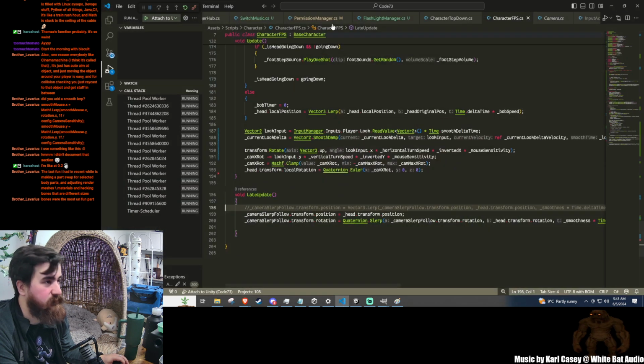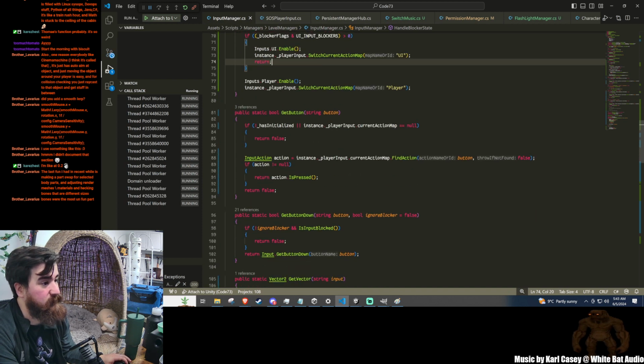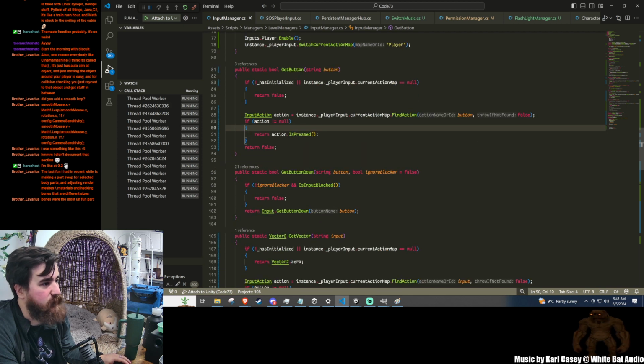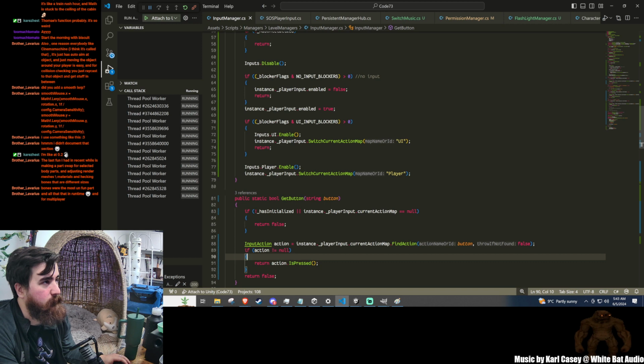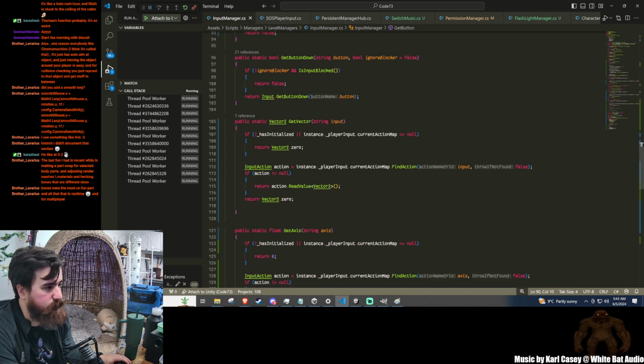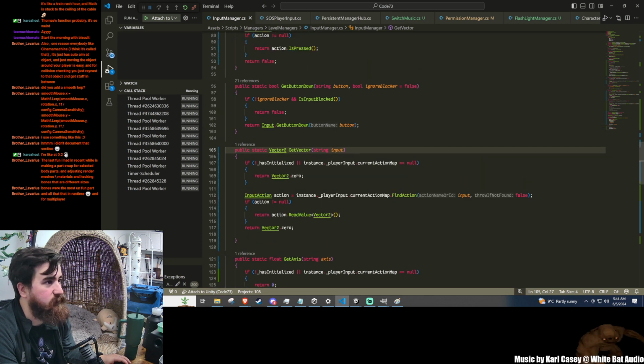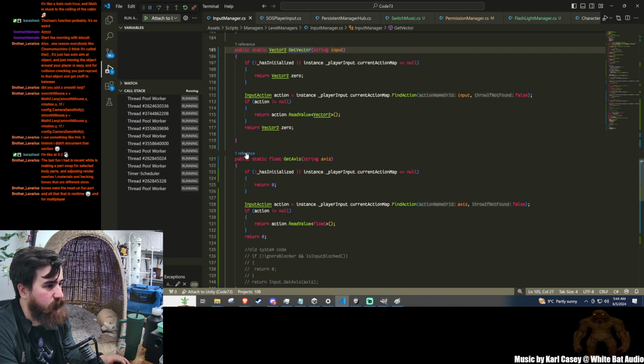Because I need to just keep going through. I need to switch all my other inputs, basically. That's the thing I need to do now, is actually get to doing this. Because every single other thing that uses these inputs should use the new system now. Okay, I don't care if character top-down uses that. Get access